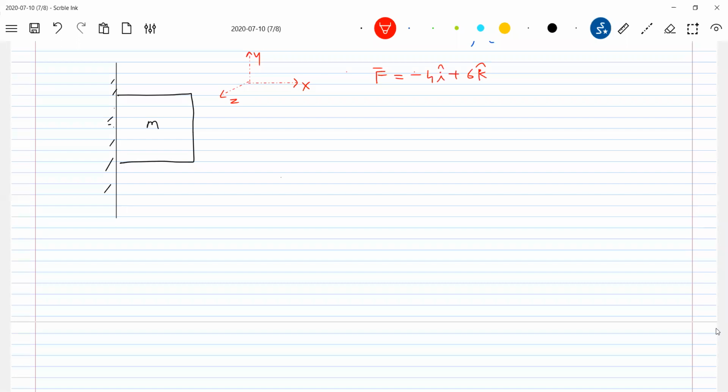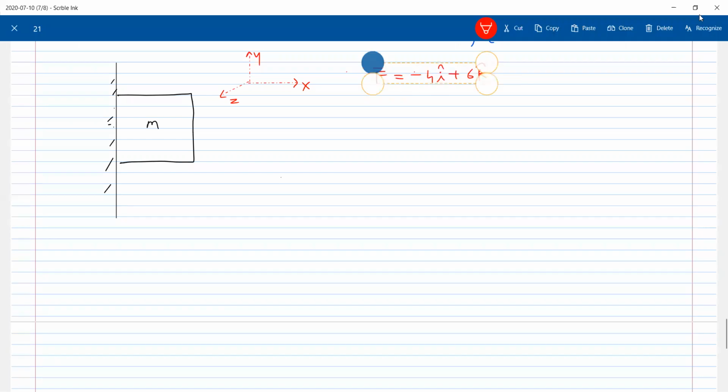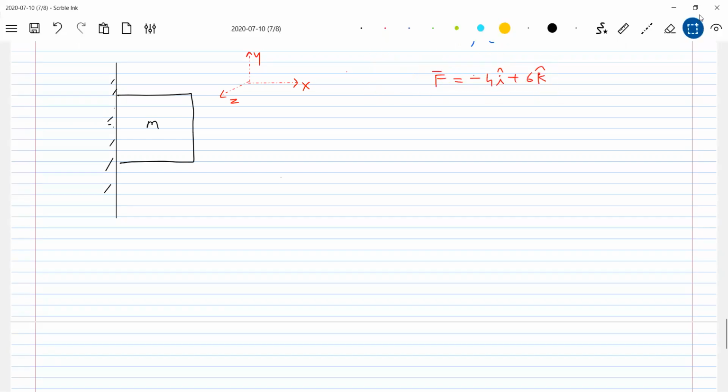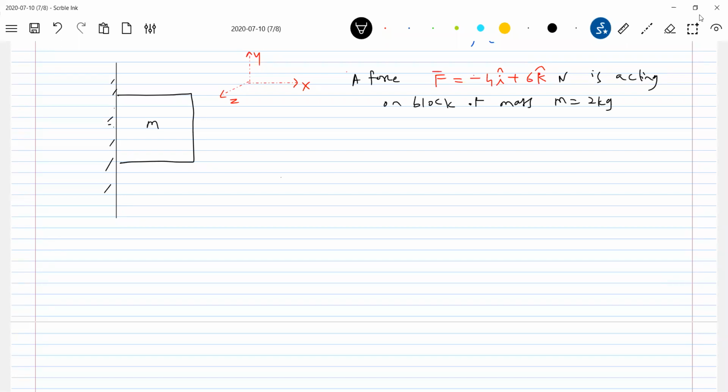So I'll write here a force F equal to minus 4 I cap plus 6 K cap is acting on a block of mass M equal to 2 kg